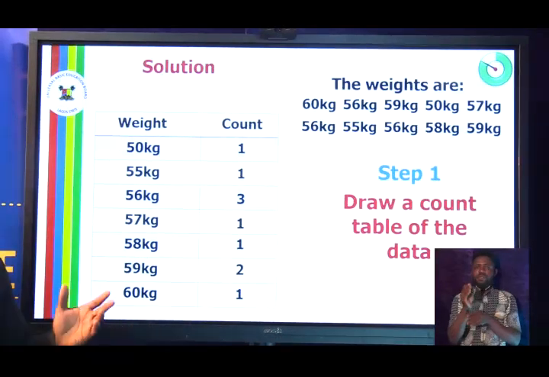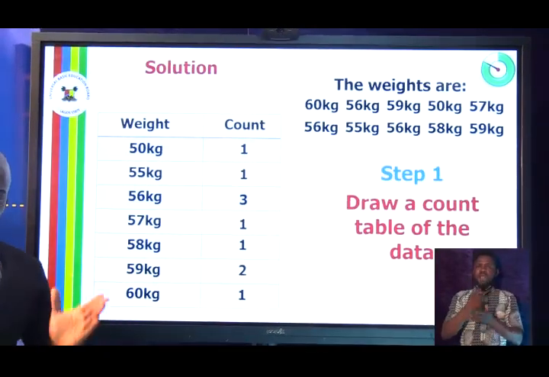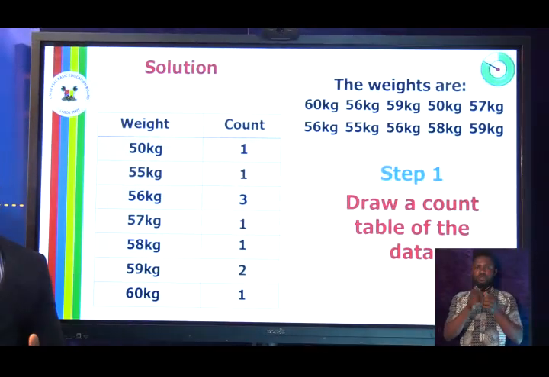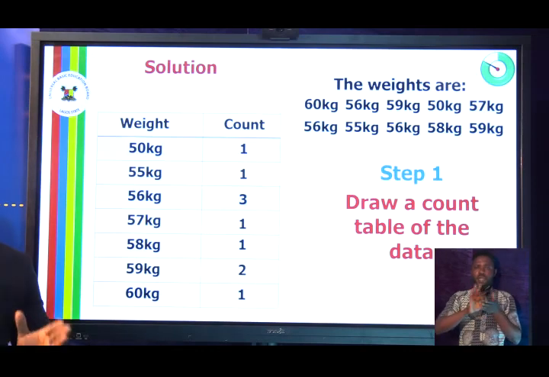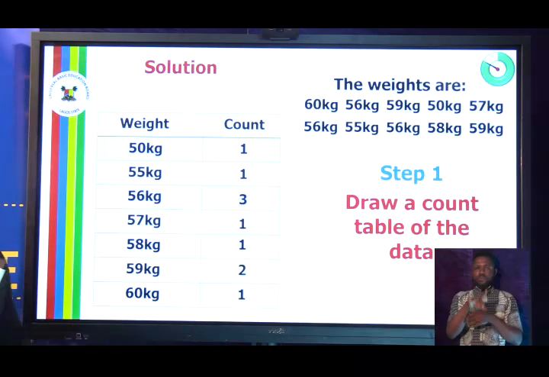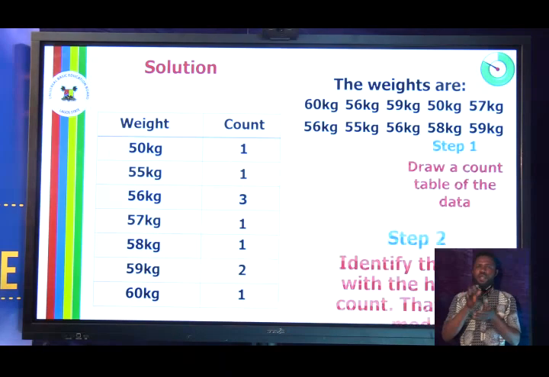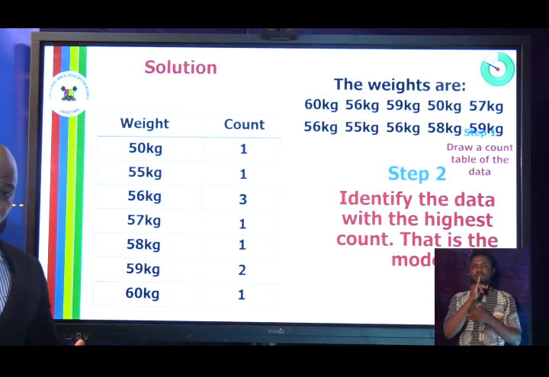Now, this frequency or count table helps me to put the data into perspective, and I cannot make any mistake from here. So it's very important that you quickly put your data table or your count table together before you find the mode. So now that you've drawn the count table, the next thing that you want to do is